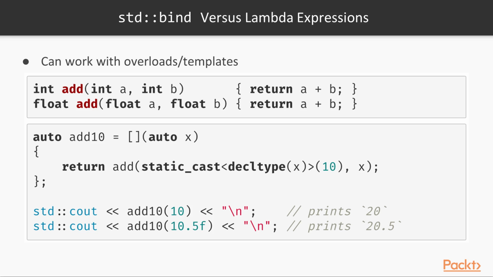As you can see, this is how you could write a generic add10 wrapper that works with both the int and float overloads we've seen before. We're going to take an auto x as our argument, and we want to make sure that it's cast to the correct type. So if we take an int as an argument to the lambda, then we want to invoke add with an int and an int. If we take a float as the argument of our lambda, then we want to invoke add with a float and a float. So in this case, we need to static cast our 10 literal to the correct type to avoid ambiguity with the overloads. But this works properly and is again completely transparent to the compiler.